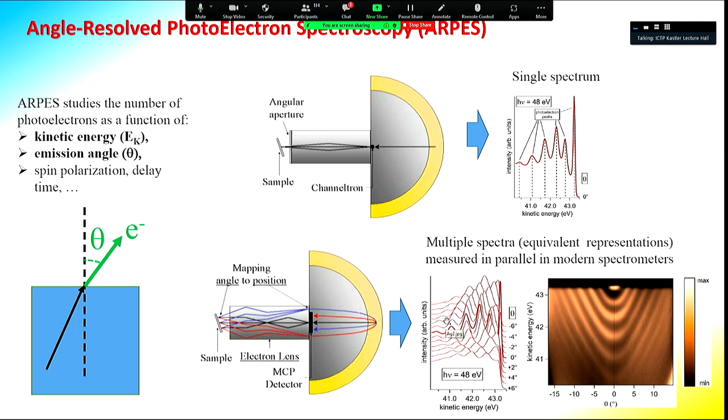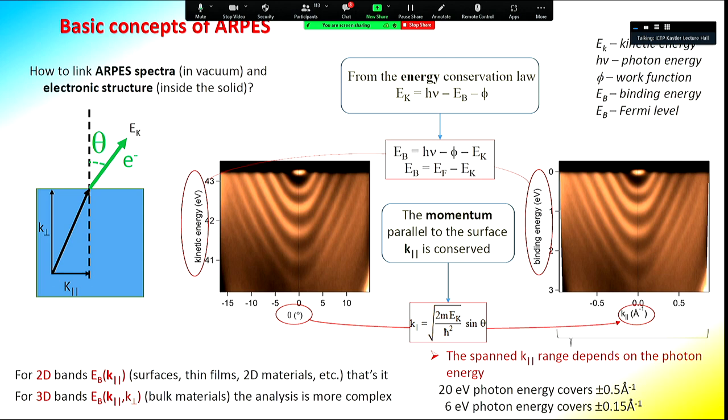Conventionally, these spectra are shown as image plots, where the brighter color corresponds to higher intensity and the darker color to lower intensity, but there are also some very exotic color scales used in ARPES. Then one also needs to link the information of the measured spectra